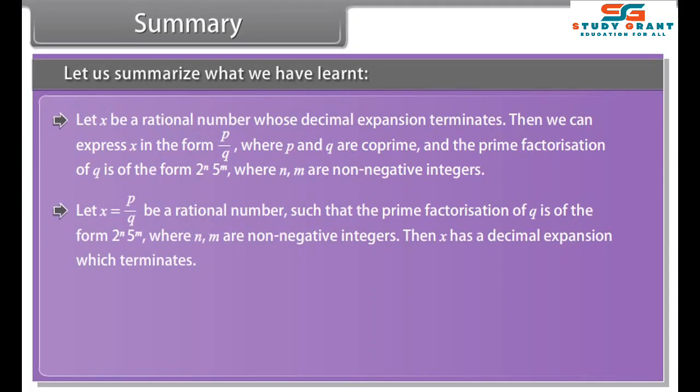Let x equals p upon q be a rational number such that the prime factorization of q is not of the form 2 raised to the power n, 5 raised to the power